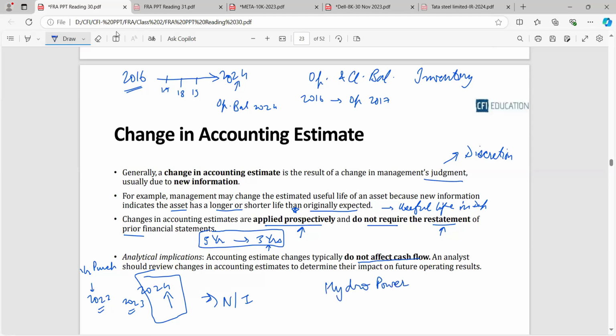So hydropower, usually they construct a dam on a river. They channelize the energy which the flow of the river has in it, and then after generating the electricity out of it, they give that water back to the river only. So this is hydropower. Let's say our company made one in Nepal, or even in Himachal Pradesh in India.